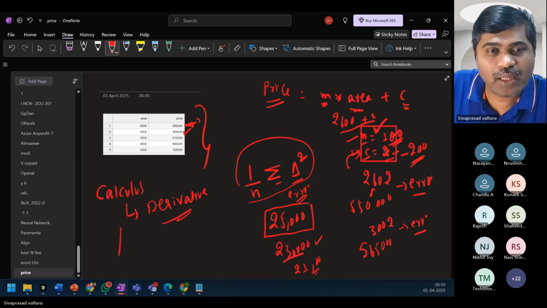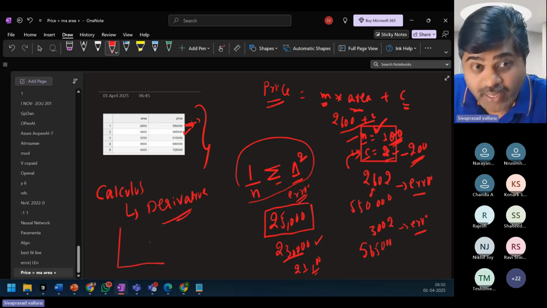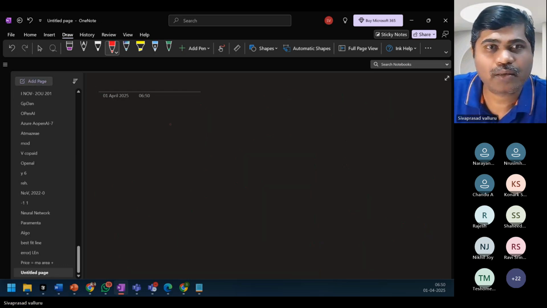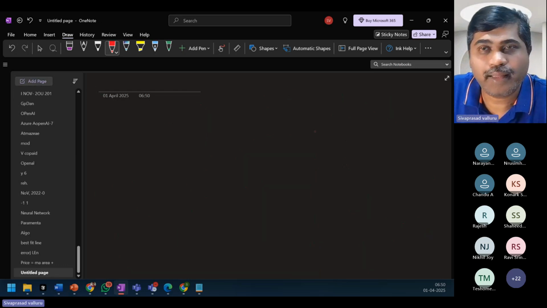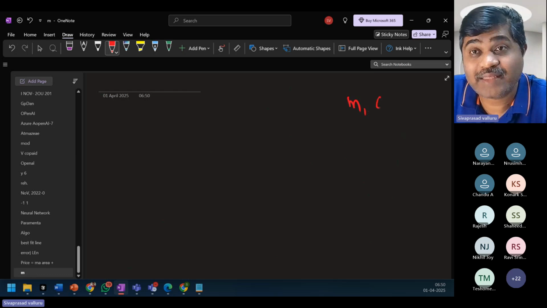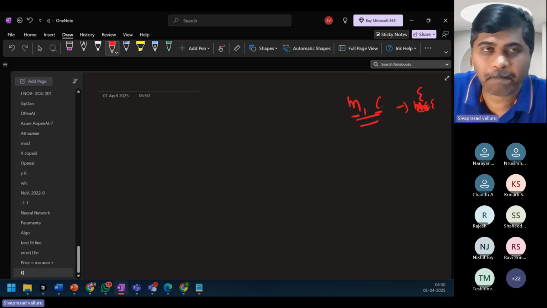Now, if I plot the errors on a graph, how many parameters are there? M and C. Based on M and C, we'll get some mean squared error, or I'll simply say error. For a combination of M and C, I'll get an error.